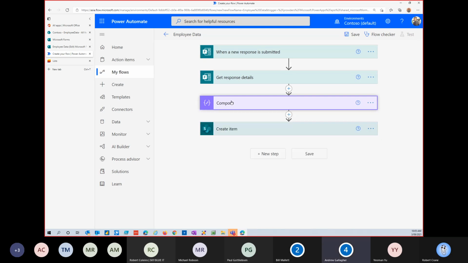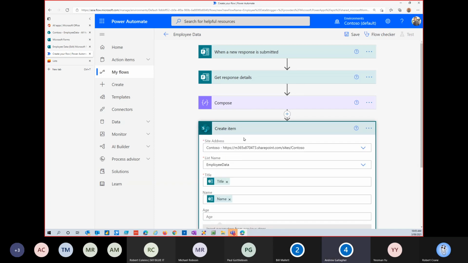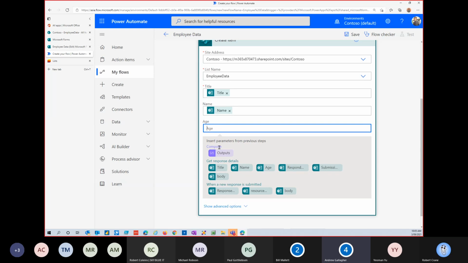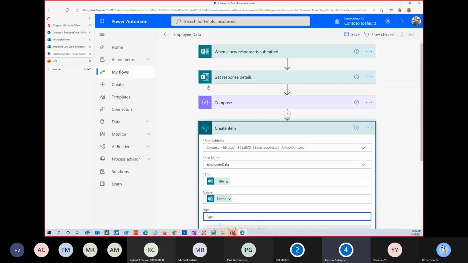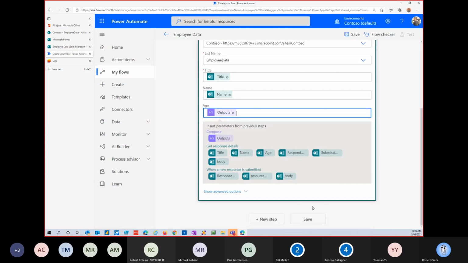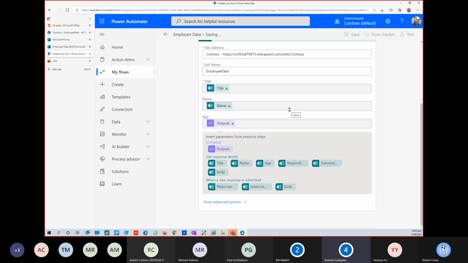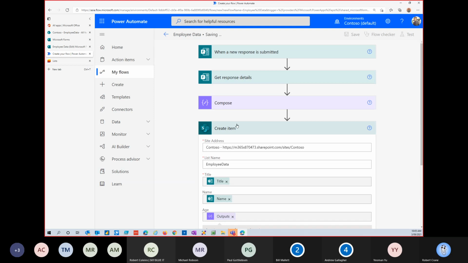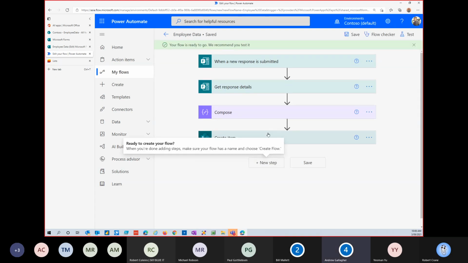So this option converts my text field into a numeric field, which then enables me in the SharePoint list to put the output from that compose option as the field. Now I'm going to save, and it lets me know that it's all saved and ready to go.